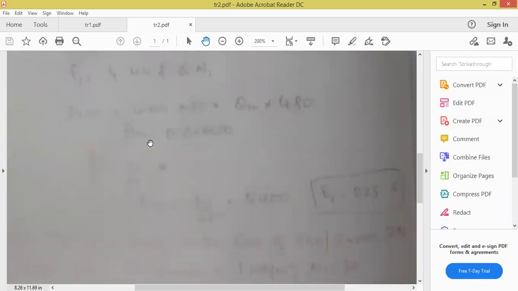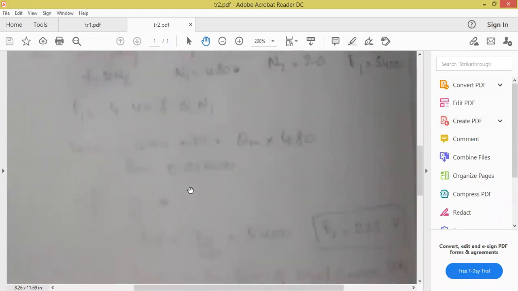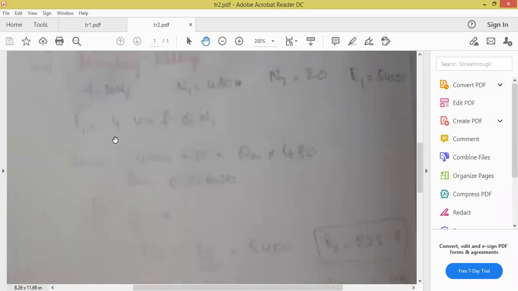0.056 Webers. Anyone, multiply in your calculation and tell me whether you are getting the exact value or not. Anyone, students? Problems on transformers will be based only on the formula. Has anyone substituted?